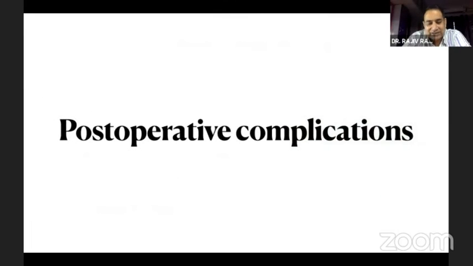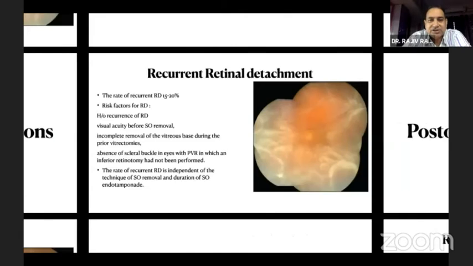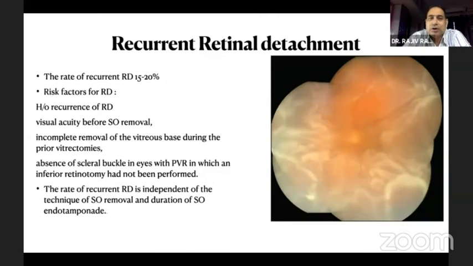Any procedure has got its own complications, and even this procedure has complications. The most common is a recurrent retinal detachment. So this is something you need to tell all your patients, that whenever you are removing the oil, there is about 15 to 20% risk of recurrent retinal detachment. And especially the risk factors for recurrent RD are those who had previous recurrences, poor visual acuity, incomplete removal of the vitreous base during prior vitrectomies, or absence of a belt buckle,